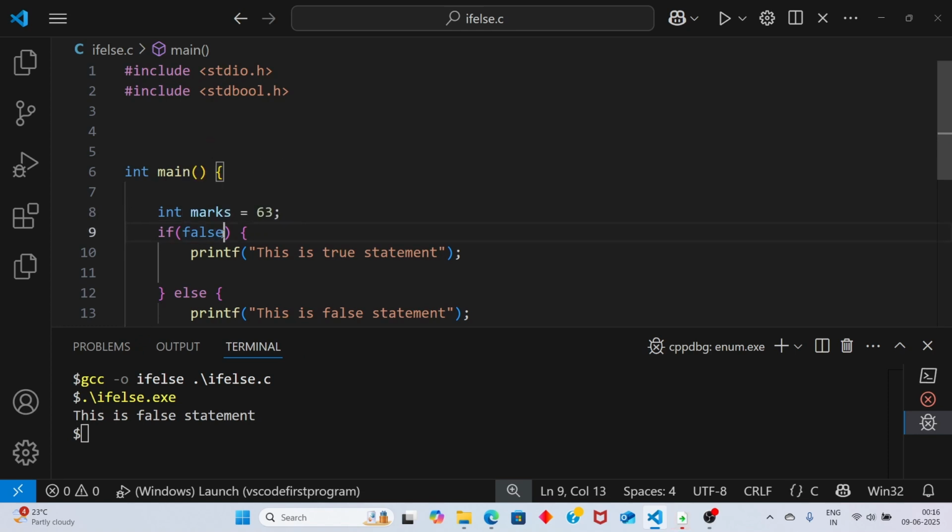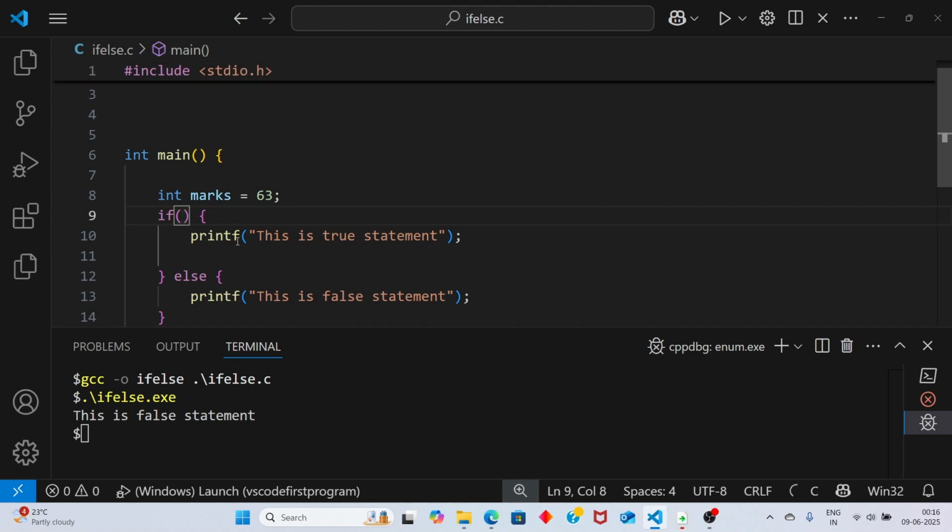I want to check the condition: when the marks is greater than 63, it should print in the if condition, and if it is less than 63, then it will jump to the else condition. So I'll take the condition here: if marks, this variable, is greater than 63, then